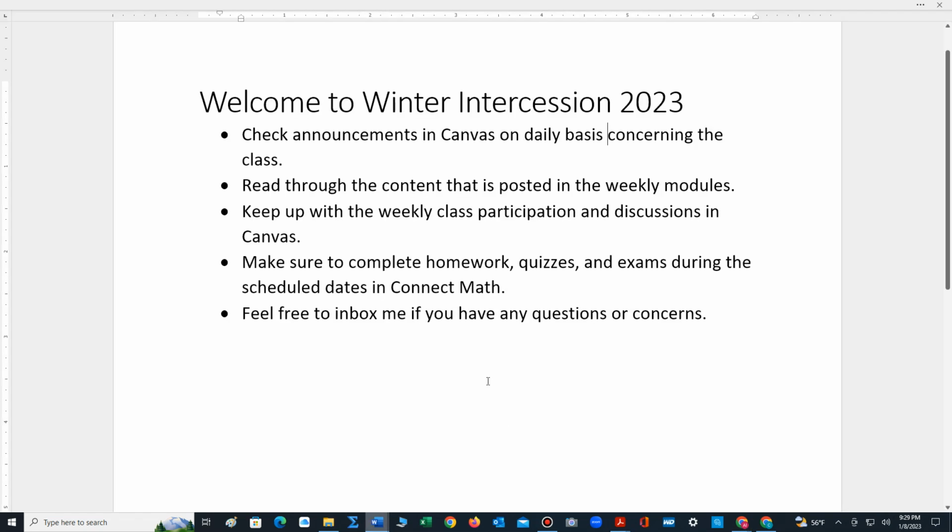Now we do have other material that's due in Canvas. These materials are kind of like mini quizzes. They're referred to in my class as class participation assignments, and we have discussions. So make sure that when you work on the class participation assignment, before you start the assignment, you read through the instructions, and then you do have 2 attempts for each class participation assignment, and I do drop the lowest of those assignments. And then there's typically a weekly discussion.